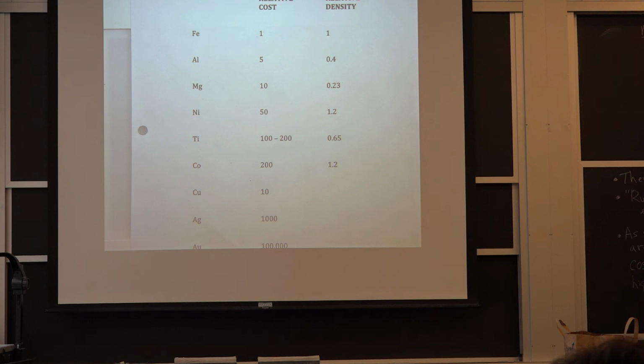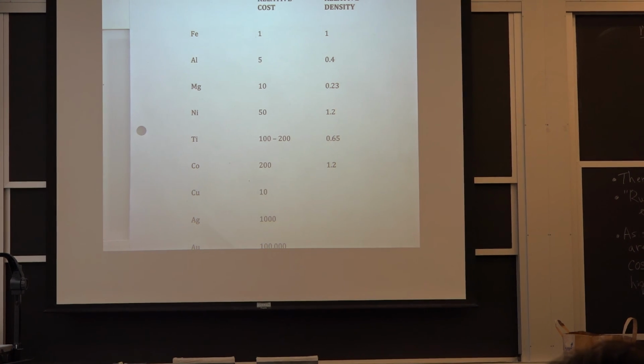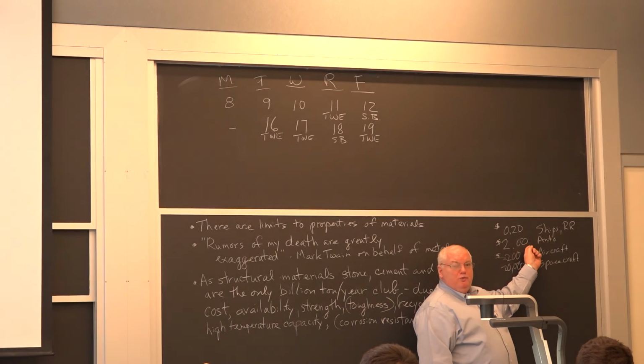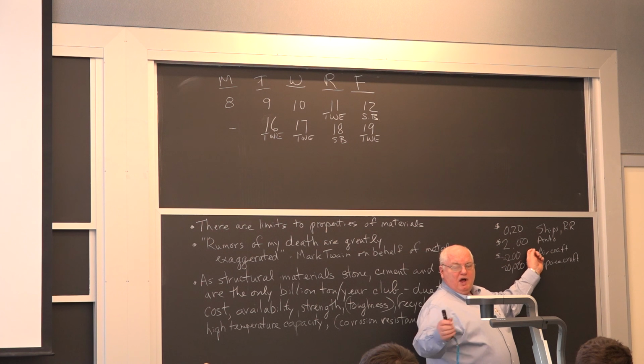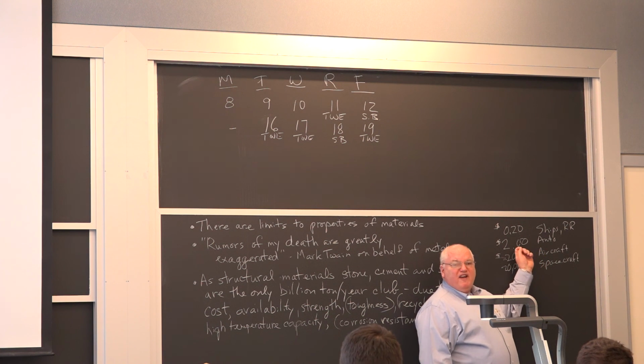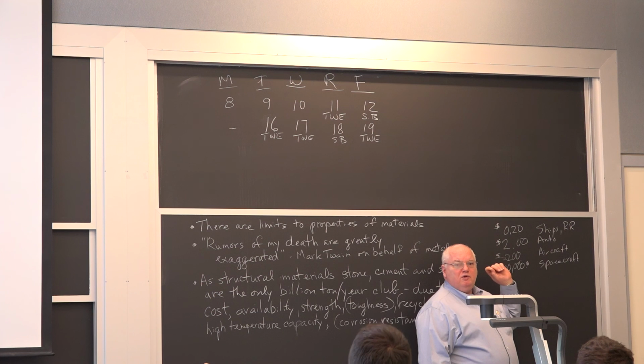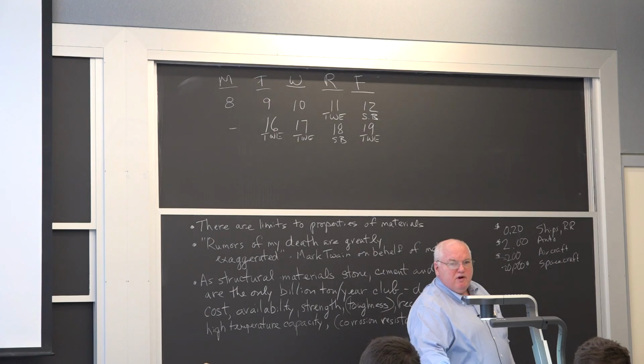Does that help you understand what kind of metal you want to use when you're thinking about cost? It turns out, I told you it's $200 a pound for an aircraft. That's for the whole aircraft. Or it's $2 a pound on an automobile. If I put the aluminum on the sprung weight on the wheels or on the brake pads, it's worth about $10 a pound. And I have a slide that I may put up sometime. The faster something goes, the more valuable saving weight is. And so all this density stuff turns out to be very important.